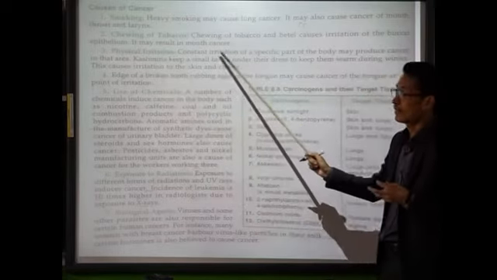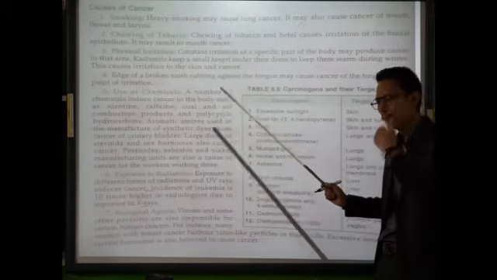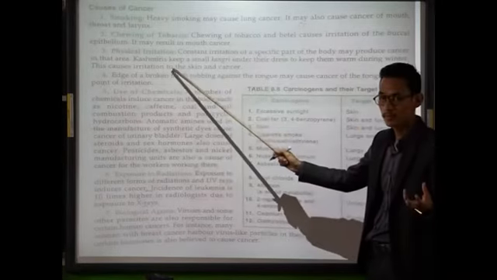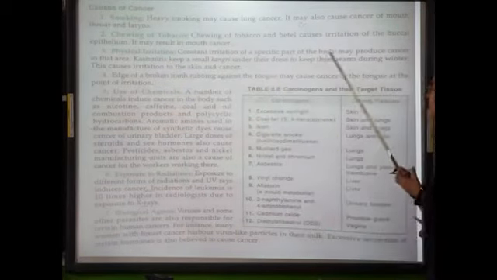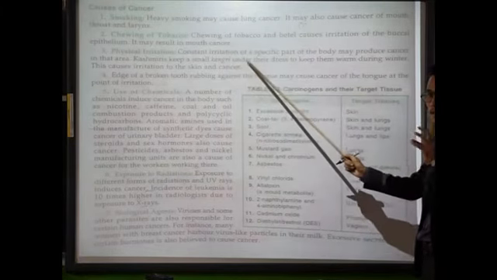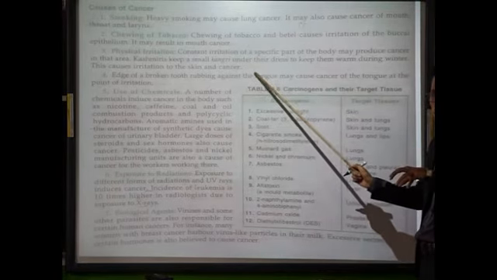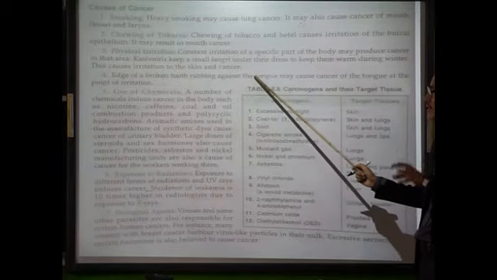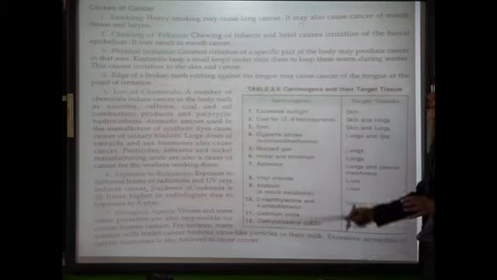Physical irritation in a specific part of the body for a longer period of time can cause cancer. For example, mainly in Kashmir, people keep a kangri on the chest to keep them warm. Due to the continuous use of this kangri, there will be skin irritation for a longer period of time in the same place, and that constant irritation in this specific part of the body will lead to skin cancer.